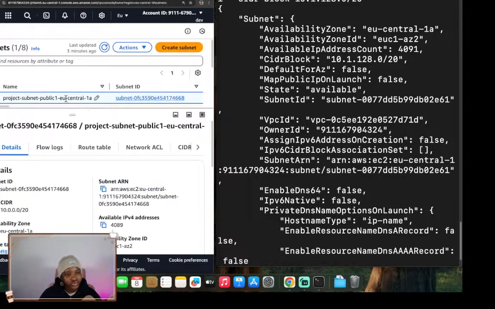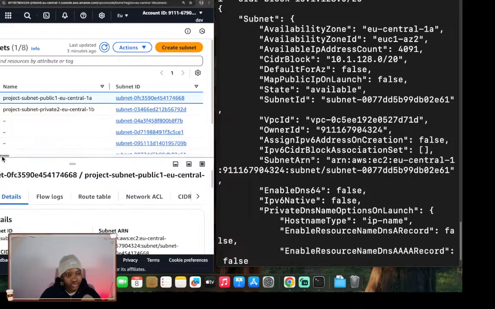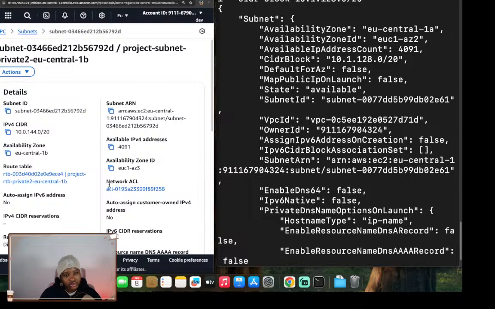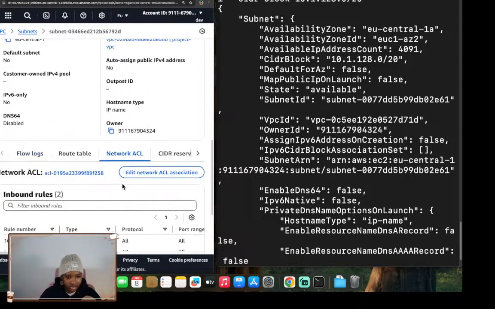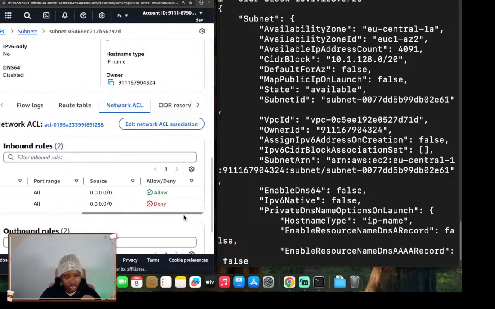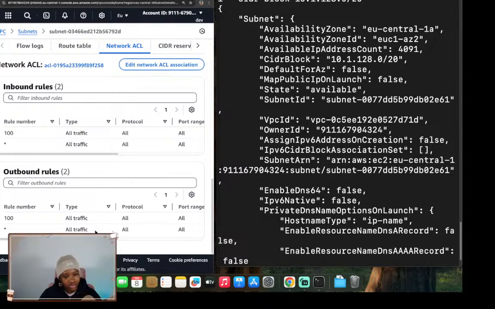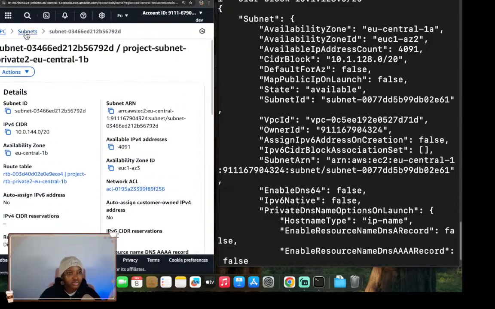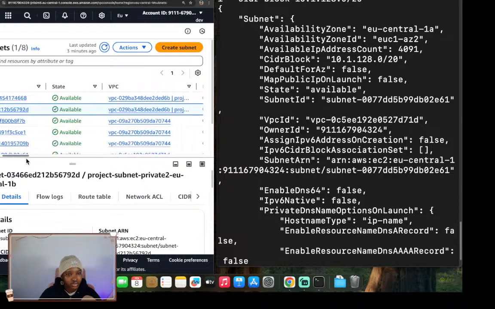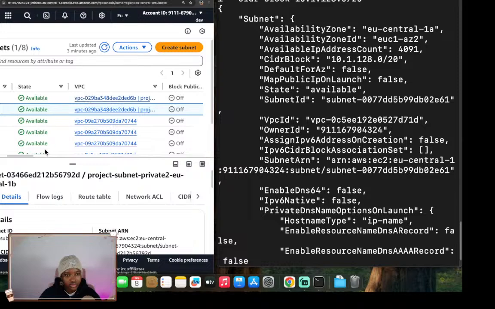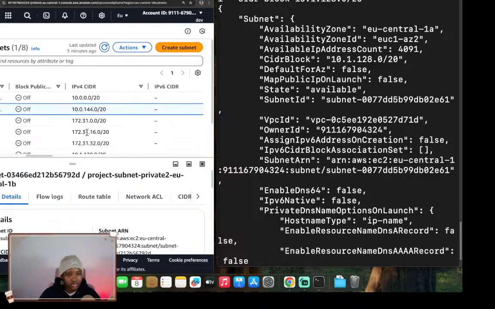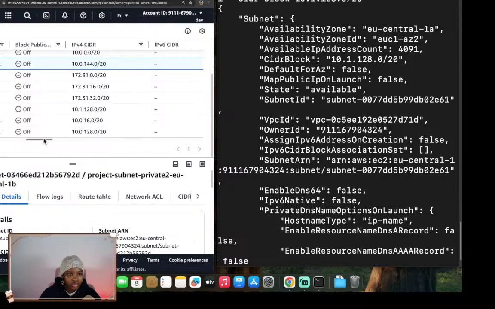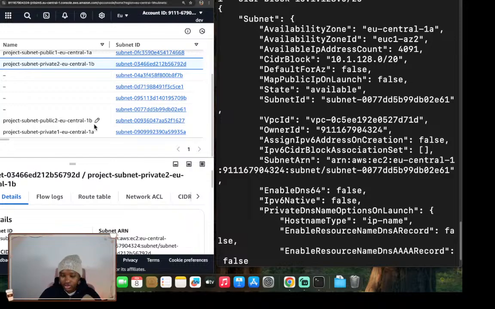And we have the private subnet here. So in our EU Central 1A private subnet,